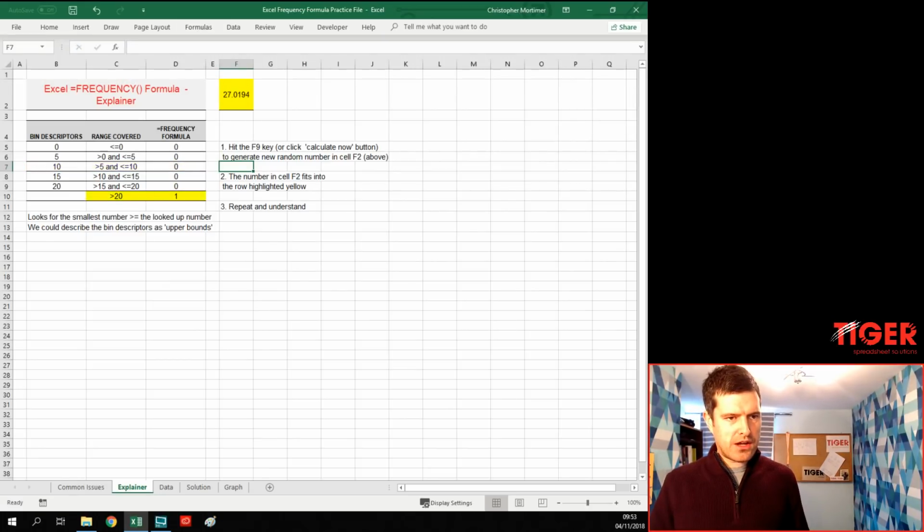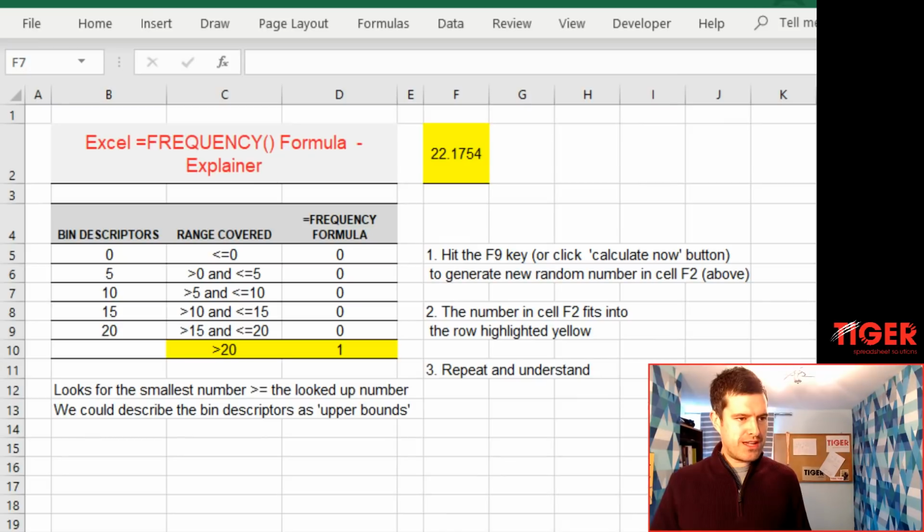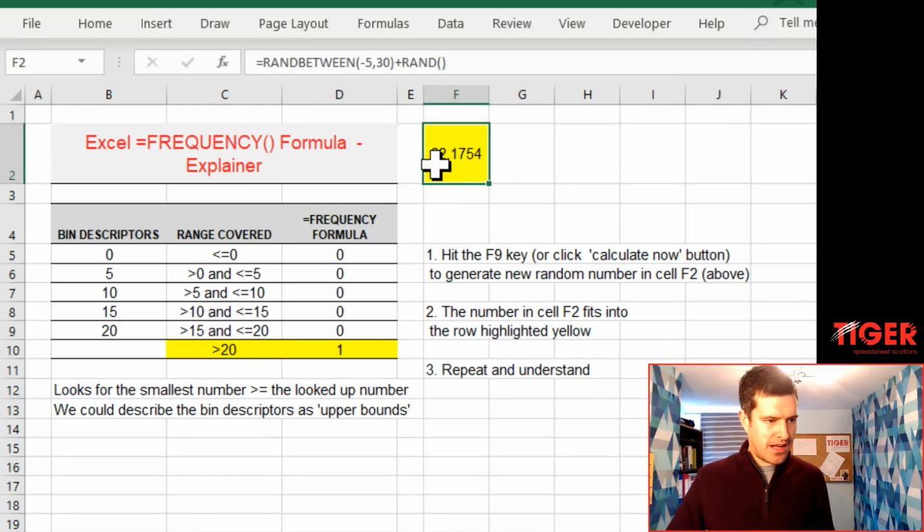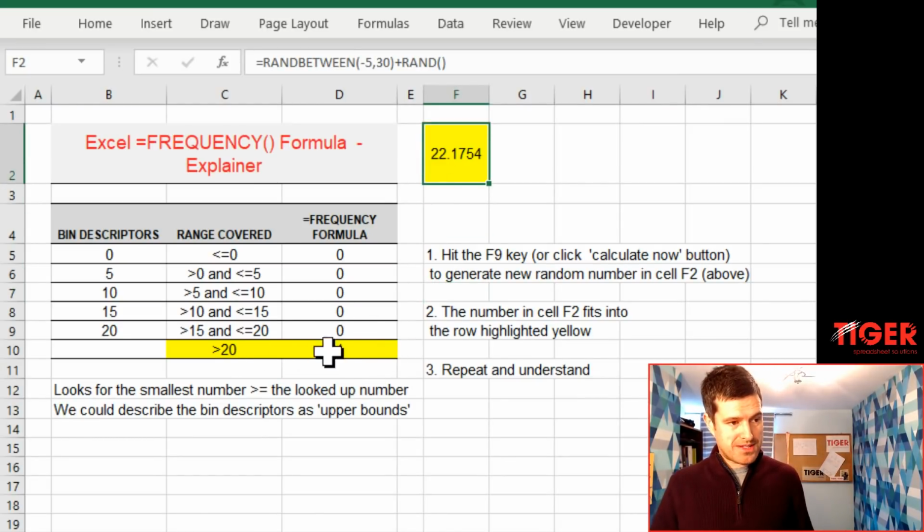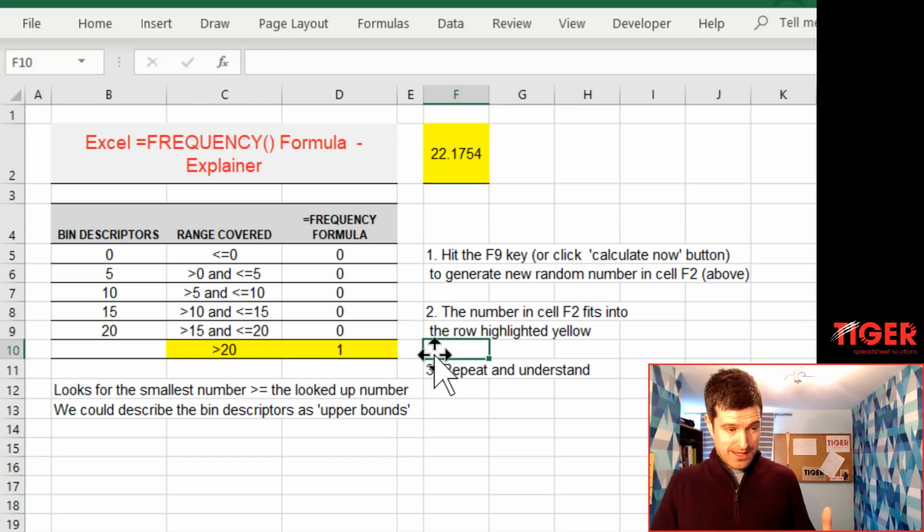If you hit Calculate Now, or just hit the F9 key, what you're going to notice is the value regenerates here, and then the frequency formula is working to slot the value into one of these rows. And we've got some conditional formatting there too to highlight the row